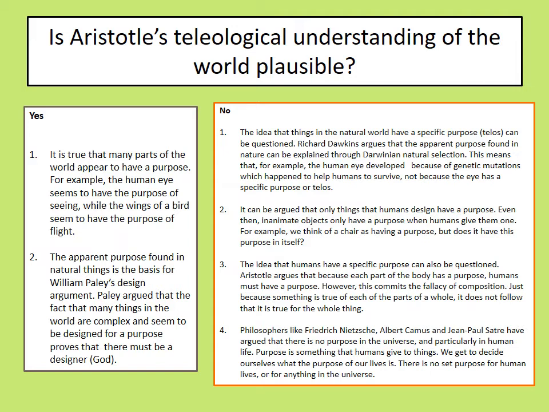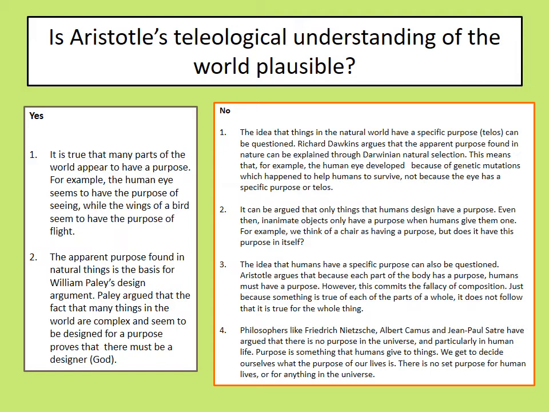However, this commits a fallacy. A fallacy is a mistake in logical reasoning. A fallacy is a problem with your argument. I think we looked at a fallacy already. Did we look at a fallacy? I can't remember. Anyway, the fallacy of composition is to say that just because every part of something has a certain quality, then they make the leap to saying the whole thing must have that quality. And that's a fallacy that doesn't actually work. Even if it was true that every part of a human being had a purpose, that wouldn't make it necessarily true that the whole of a human being had a purpose. So Aristotle's argument there doesn't really work.